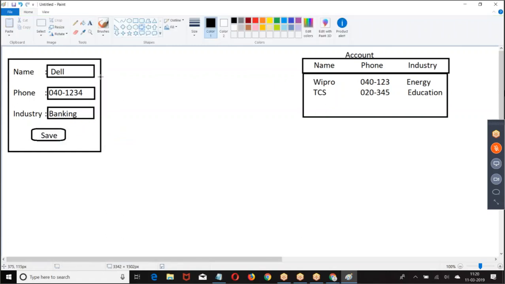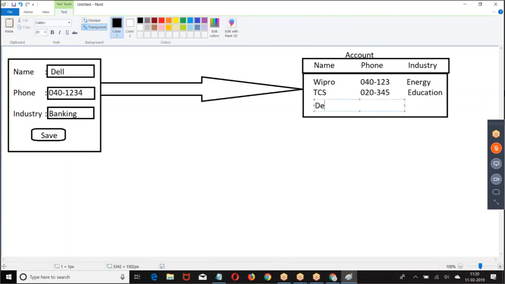When you click on save, what we assume is that the record will go to the database. This is what we assume. We assume that the operation is performed like this. But practicality is different. This is not the practicality.